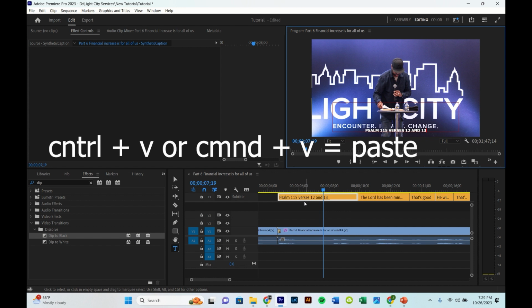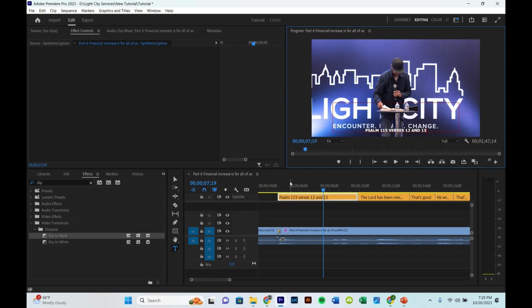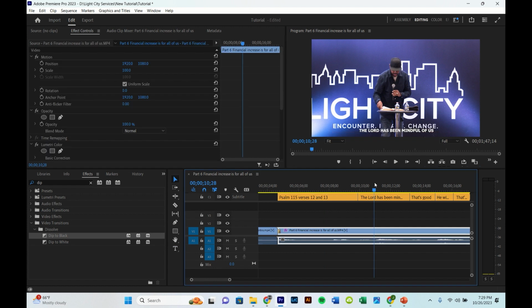I would recommend using those keyboard shortcuts because it just makes everything quicker. So I want it to be here and not in the next one, but you'll notice that the text will change before he says "and 13." So let's listen to it. And 13. Yeah, it changed before he said "and 13."